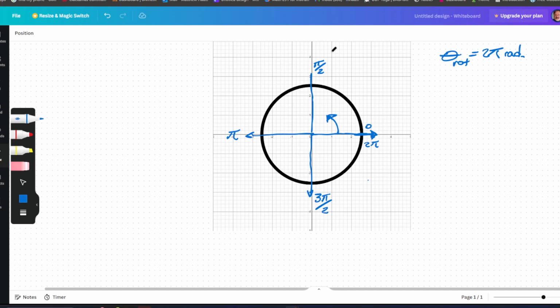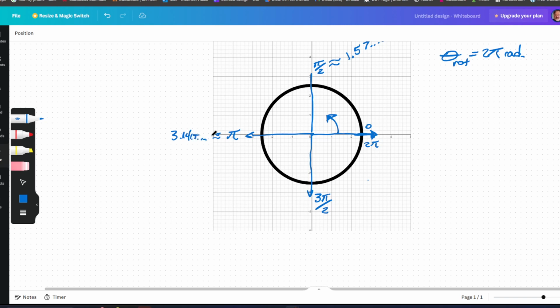Now again, keep in mind, is this still 90 degrees? Yes, this is a 90-degree angle. A 90-degree angle and a pi over 2 angle are equivalent. It's also nice to keep in mind, to remind yourself, that this pi over 2 radians is literally half of pi, so about 1.57 and stuff, where pi radians, it's about